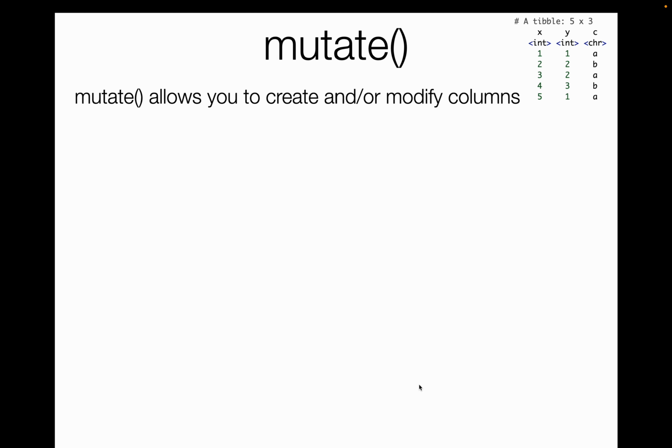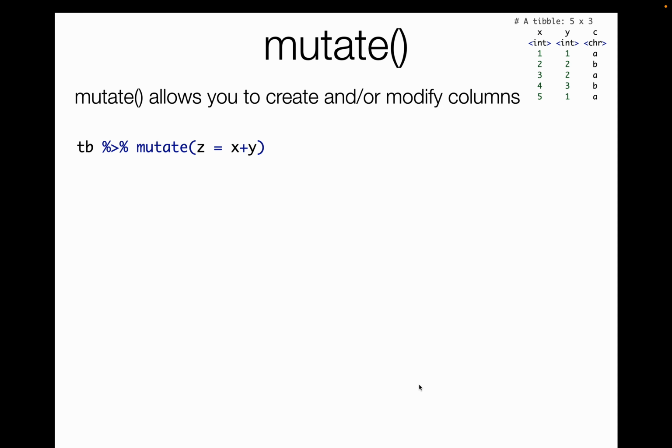Now we're going to work on creating new columns, changing the columns, selecting the columns, those types of things. So these are verbs that operate on columns. Mutate is a function that we will use a fair bit that allows you to create and/or modify columns. So this is going to be very helpful in our creation of grades. This, in a sense, is the formula. This is as close to what you'll get for the formula in the Excel type formula in R. And so,